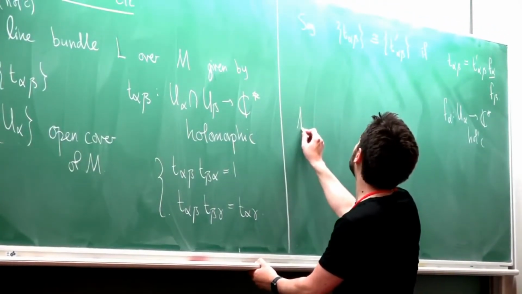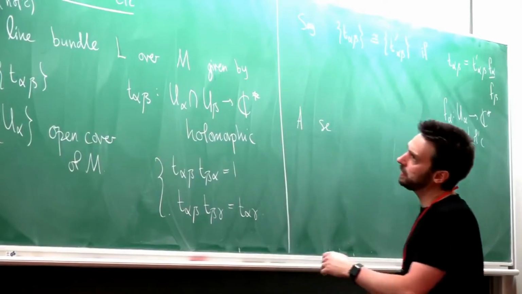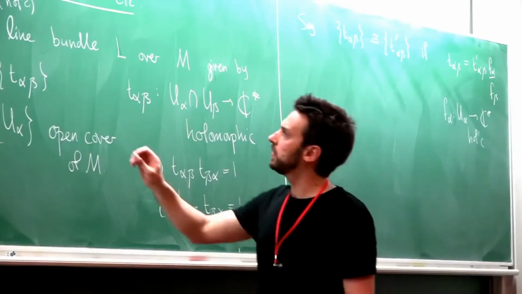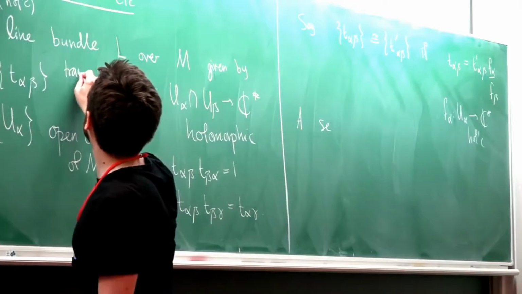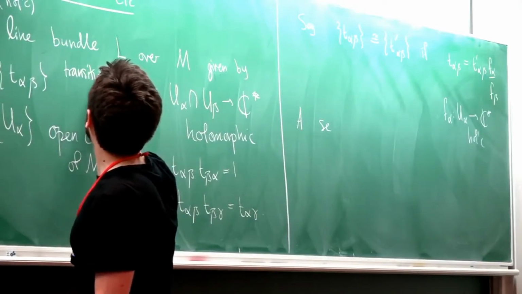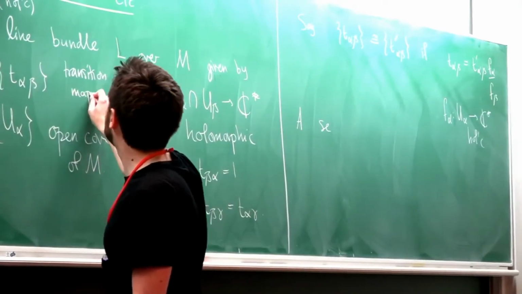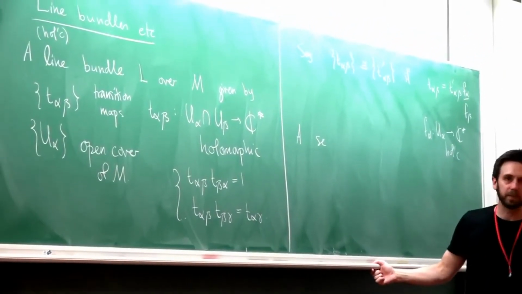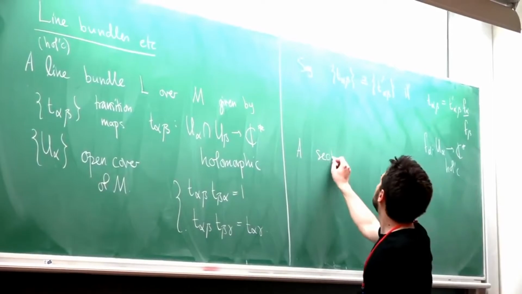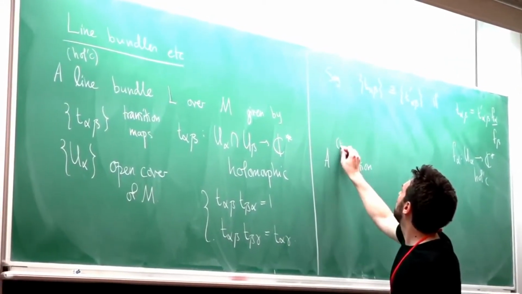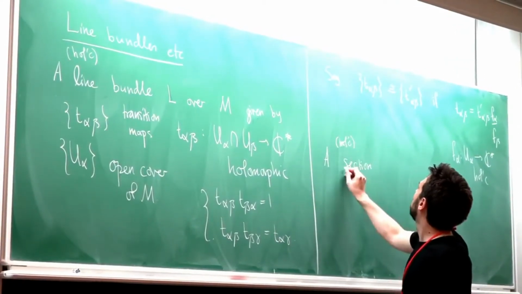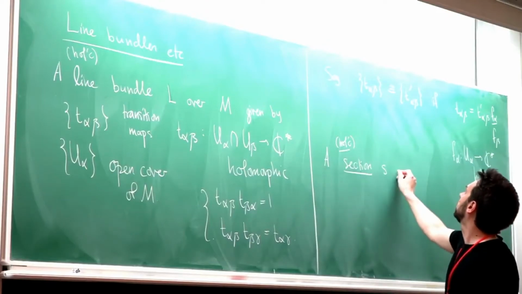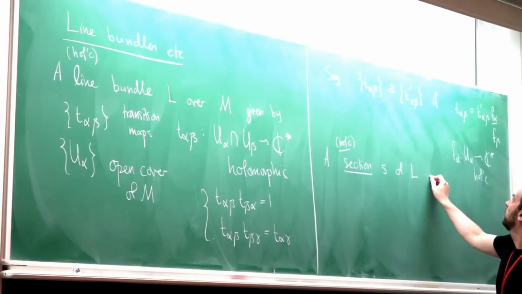So I'm thinking of a line bundle as being the set of transition maps plus the open cover, just in the same way as you think of a manifold as being coordinate changes plus open cover. And then a section, or a holomorphic section, I should say, holomorphic section S of L